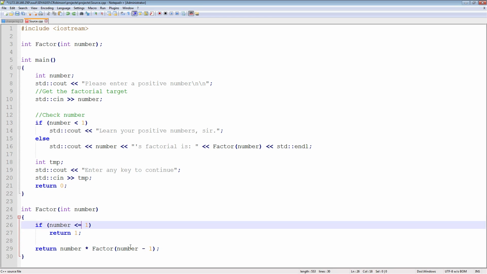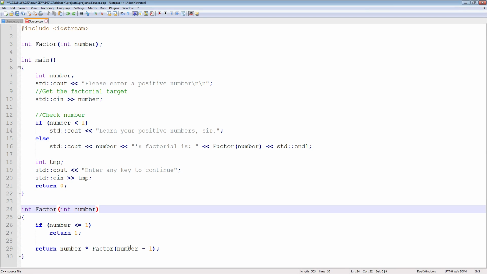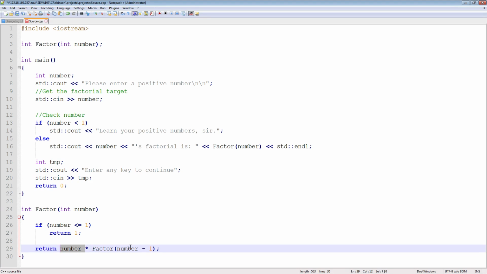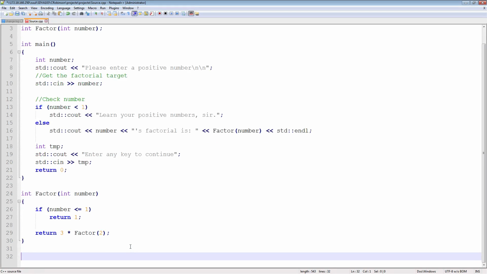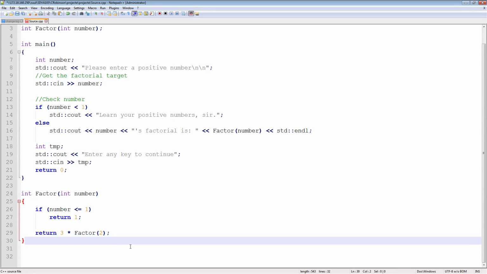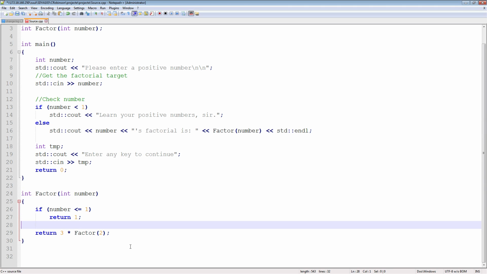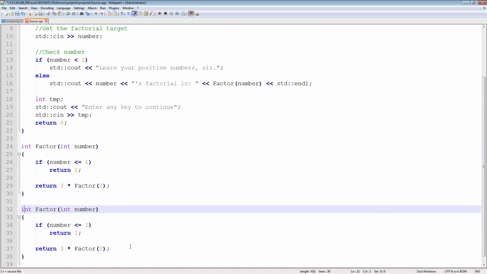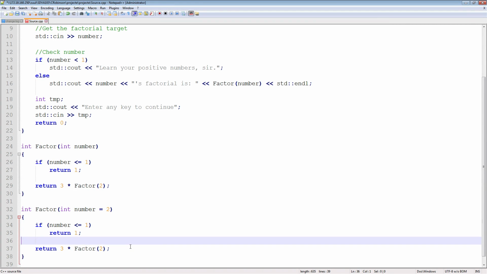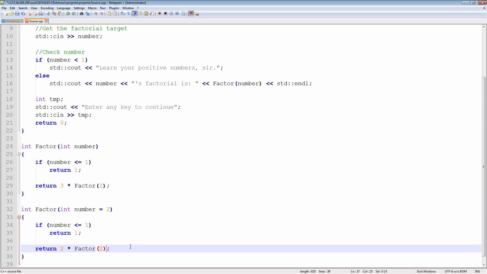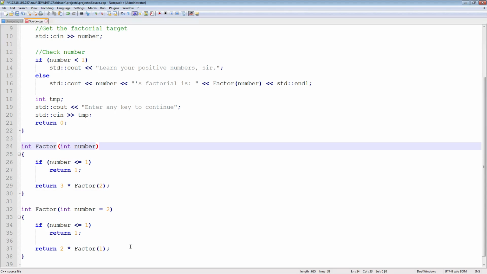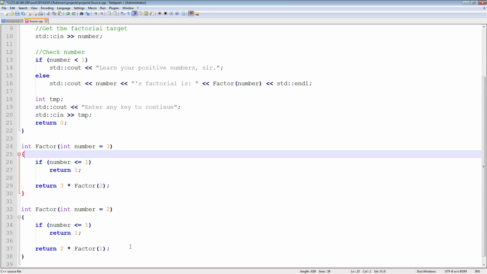If we put 3 in here, if the number is equal to 3, and that's not actually code, I'm just plugging it in there. This is equal to 3 times the factorial of 3 minus 1, which is 2. Okay? And what does that turn into? What is the factorial of 2? Do another function. Yeah, so what I like to think about is it does like this. I'm just going to copy this down here. Now number is equal to 2. Okay? This is equal to 2 times factorial of 1. What is factorial of 1?